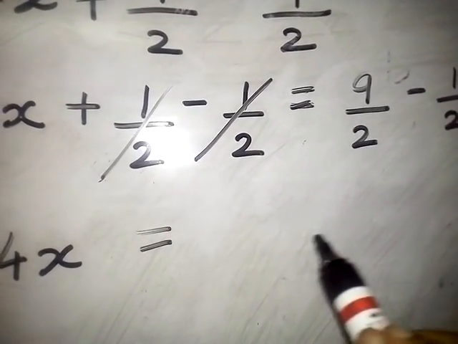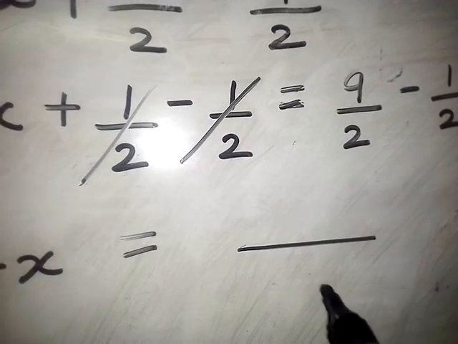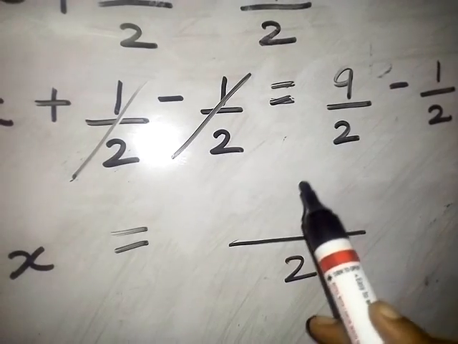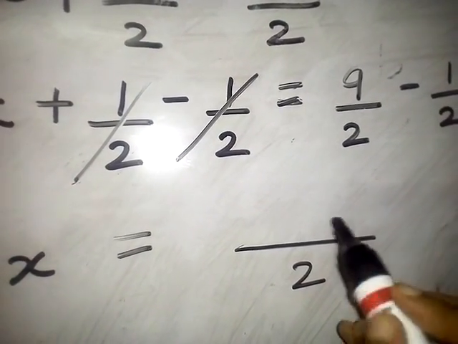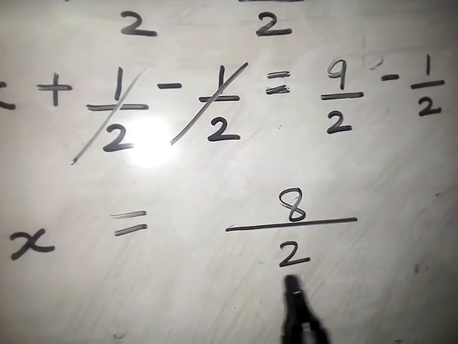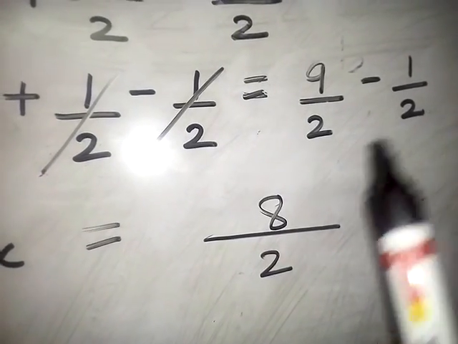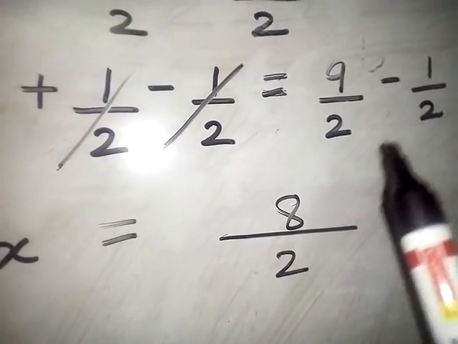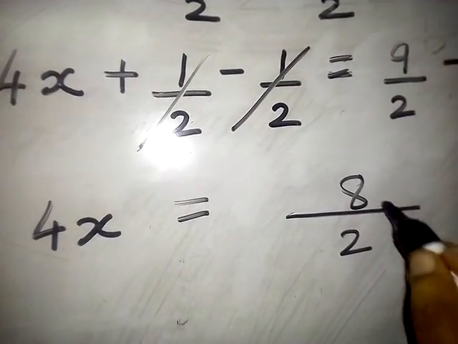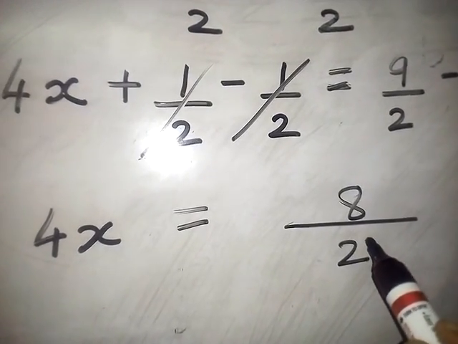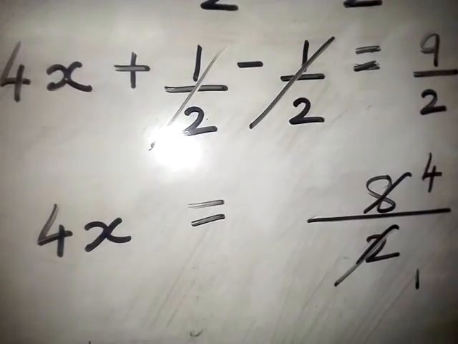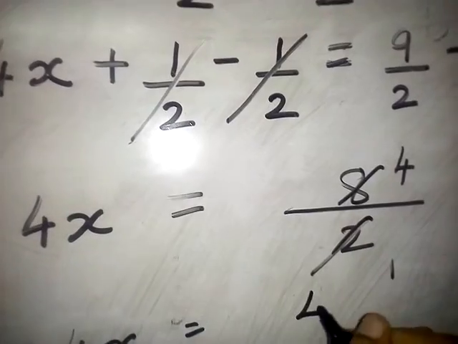Now here the denominators are same. If denominators are same, write as it is in the fraction. You have to subtract the numerators. Remember this, you have studied it in the fraction lesson. If denominators are same, you write the denominator only one time, and for the numerators, whether to add or subtract, you have to follow that. 8 upon 2 divided, and what answer are you getting? 2 ones are 2, 2 fours are 8. 4x is equal to 4.